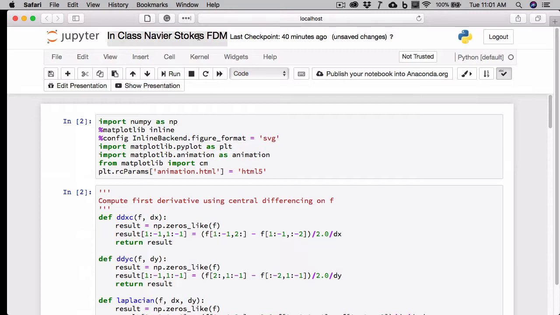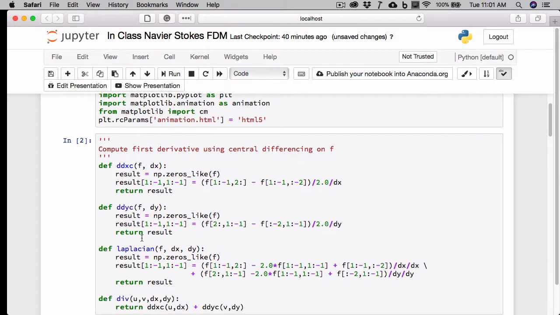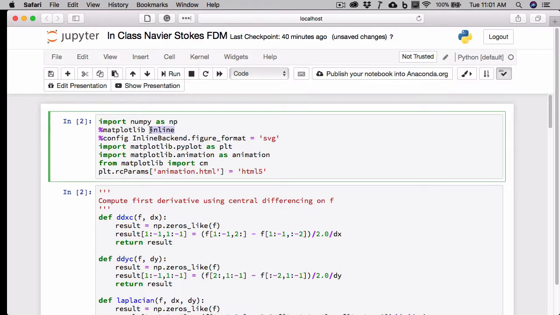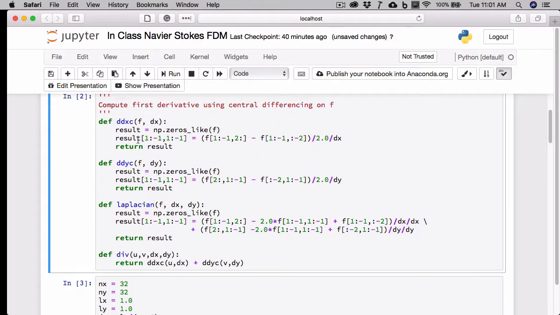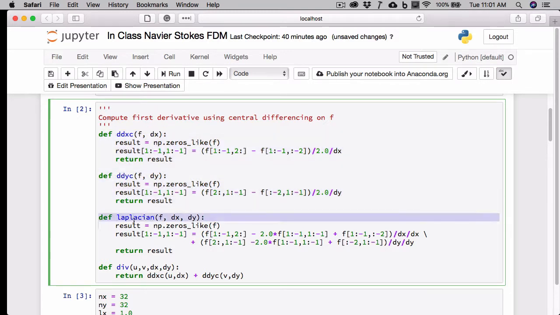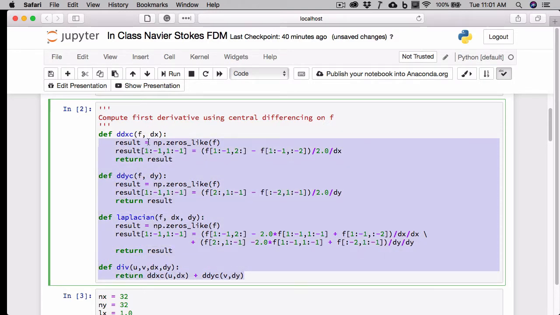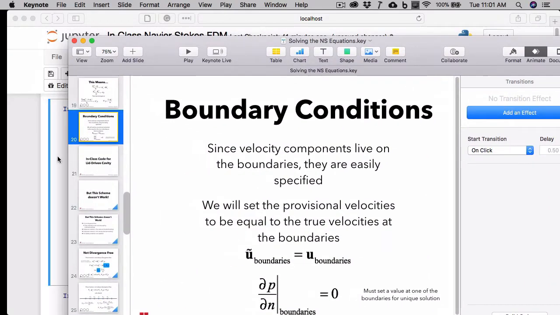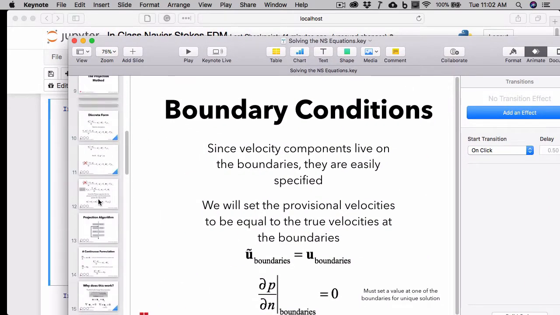I want you to open up this notebook that we started putting together last week. I'm going to go through it really quickly, at least what we did last time. Okay. So import the boilerplate stuff. And then we decided to do the central differencing in x and y and the Laplacian and the divergence, put them all into functions because that simplifies the implementation. If you want me to remind you of the